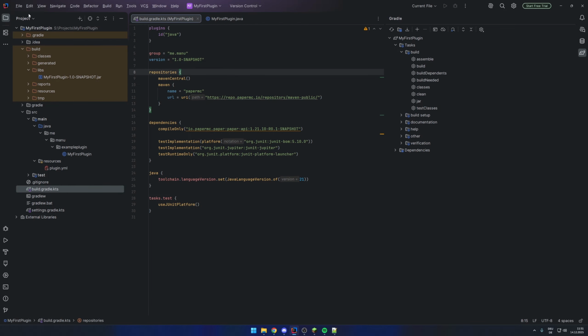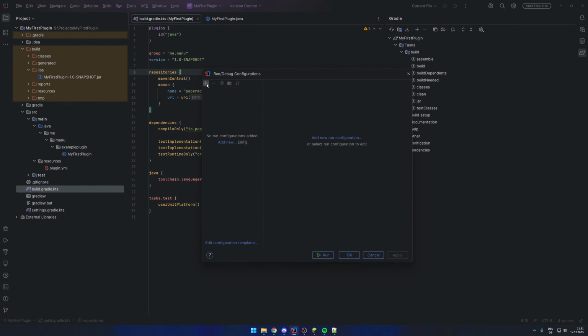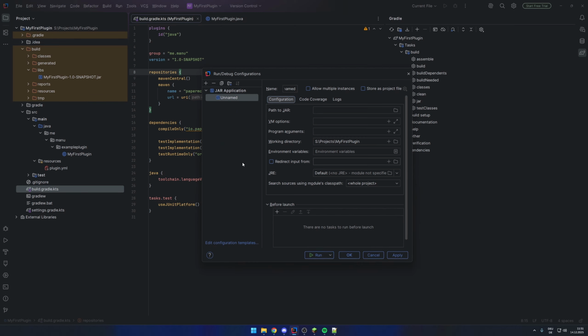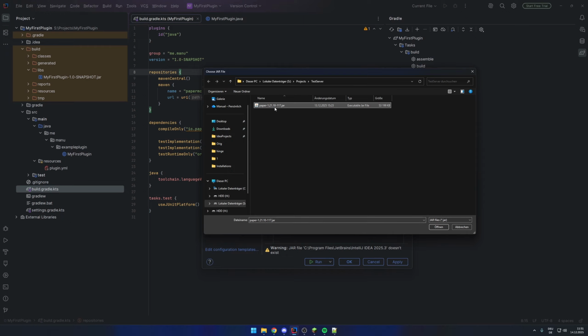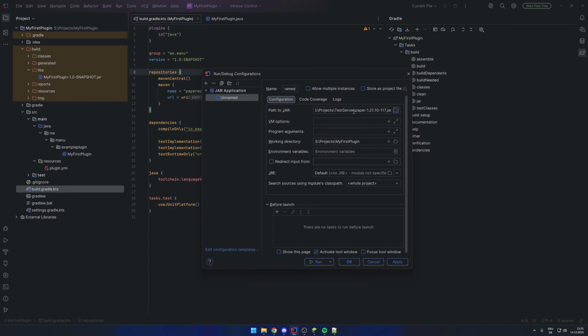After doing that, we go back to our IDE and make the IDE execute our server. Just follow my steps. First, we'll create our own configuration, in this case a jar application. The path to the jar is the paper jar file. Now we have VM options. We'll add basic ones to make it run. Those are